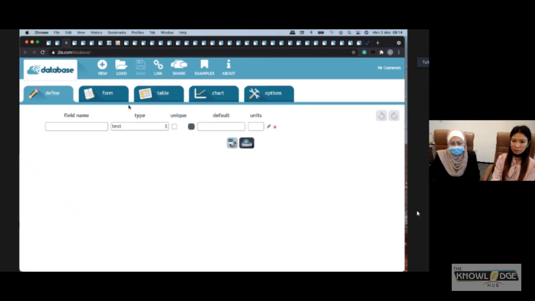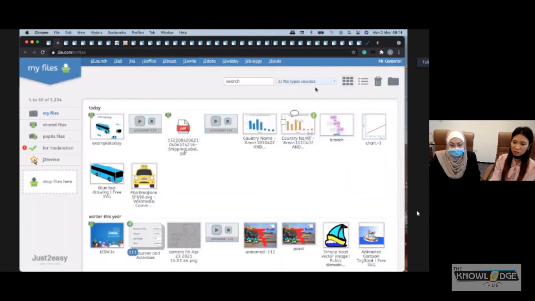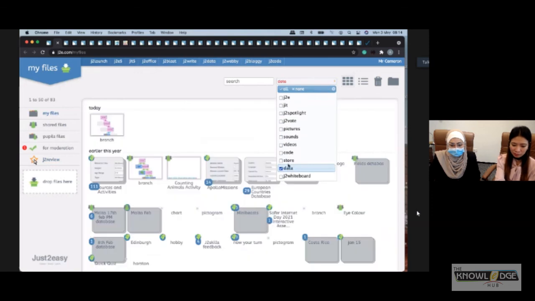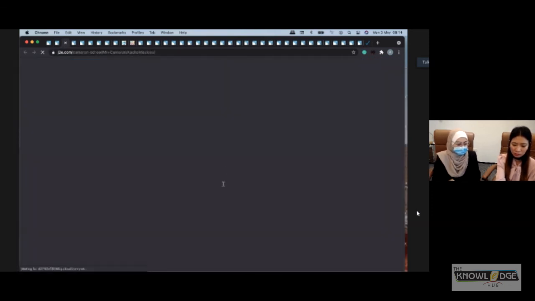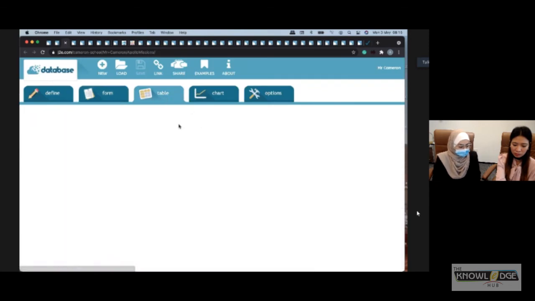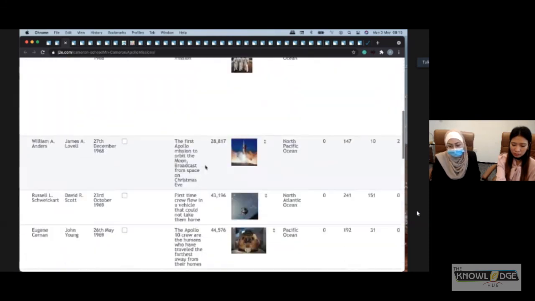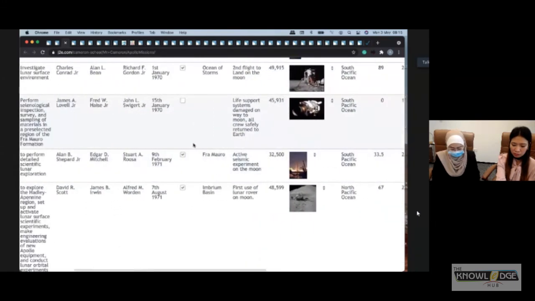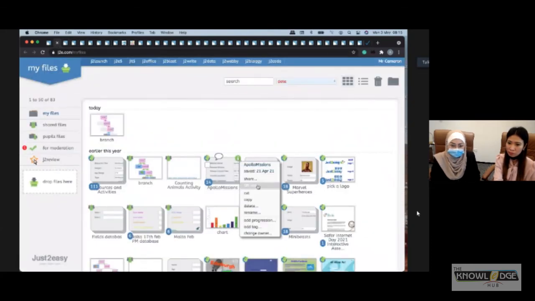And I do this a lot when I'm working with teachers in any setting. If we're all in the same school, I can instantly create a link. Let me show you how I do this. If I just look for a database here, for example, the Apollo missions, here is a list of all of the Apollo missions with pictures, when each mission took place, etc. So that is the Apollo missions, but I can simply create